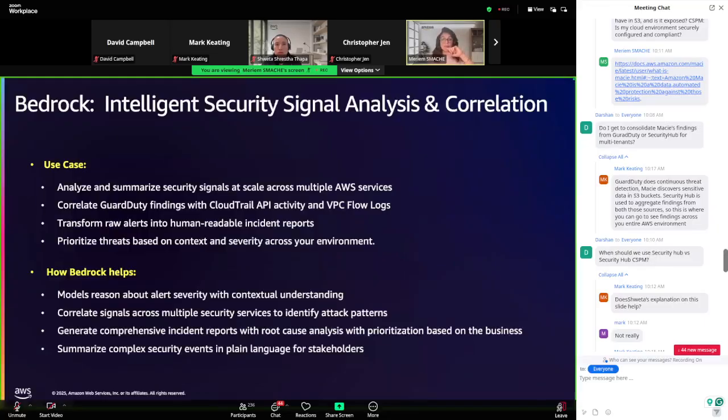Next example is smart security signal analysis and correlation. And the challenge here is that we have a lot of modern AWS environments that generate massive volumes of security